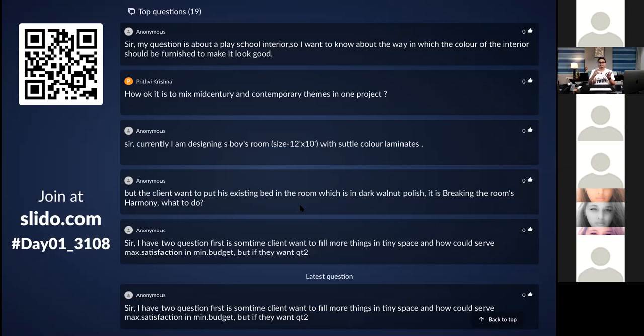You can use pine wood. You can use cane. You can use veneer. You can use metal, like MS metal with powder coating and stuff. In the ceiling you can even use back painted glass. You can use veneer. You can use Leuco paint. You can use MDF grill. A lot of things you can use in the ceiling, but you need to understand what exactly you are trying to do by putting this material in the ceiling.